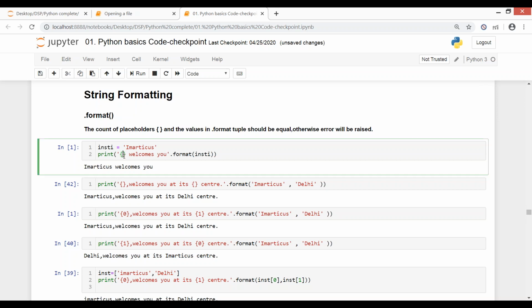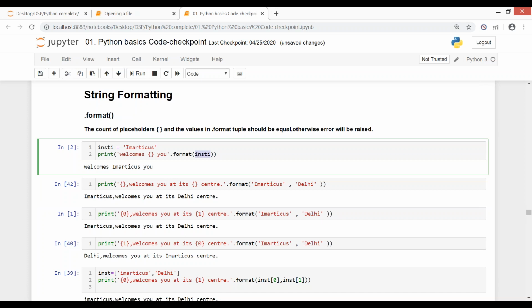So whenever you define your placeholder, the value from your format call will go to that place. Let's say I do it in the center. Now my Ematicus will come in the center. You see, this placeholder will always refer to the value which you give into this dot format command.